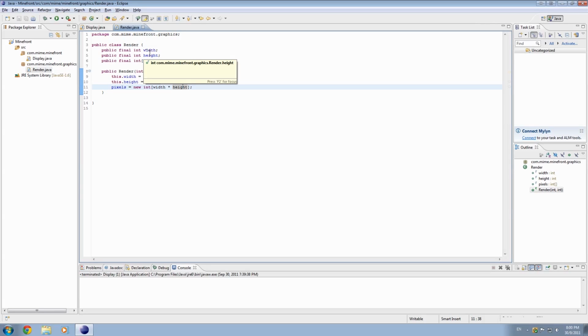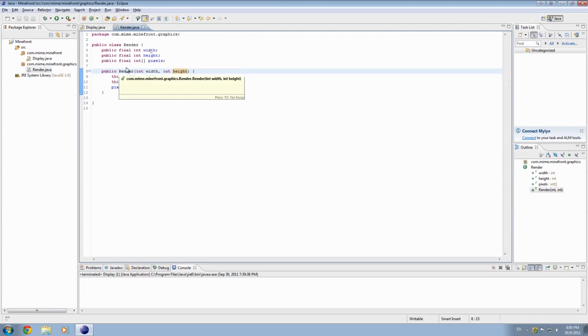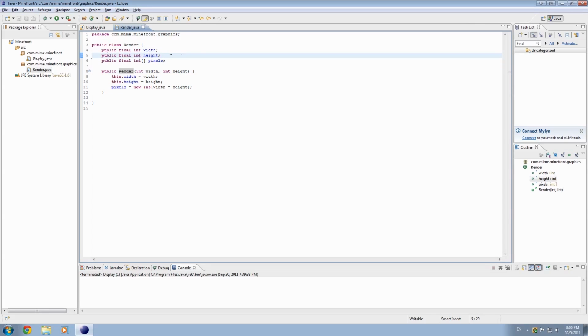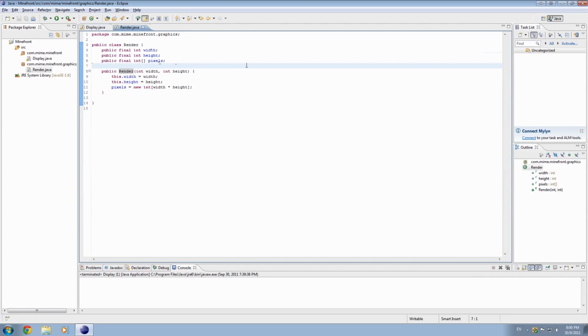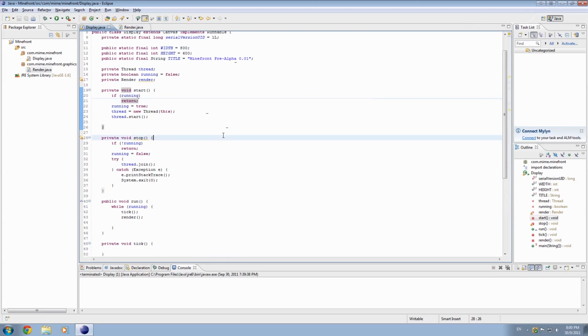Actually, not real quick, because this is pretty much all we're going to do today, because I really want to explain this properly. So basically what we're doing is we're creating, we'll do that later, we'll explain it first. What we're doing is we're creating three variables. We're creating the width, which will actually inherit